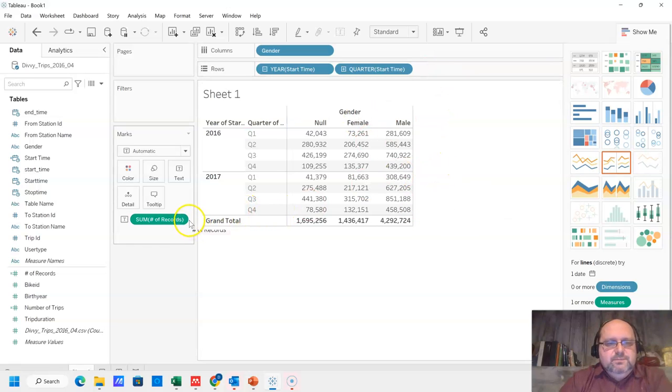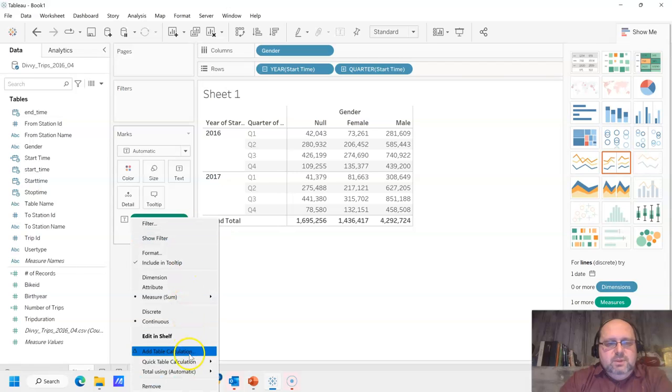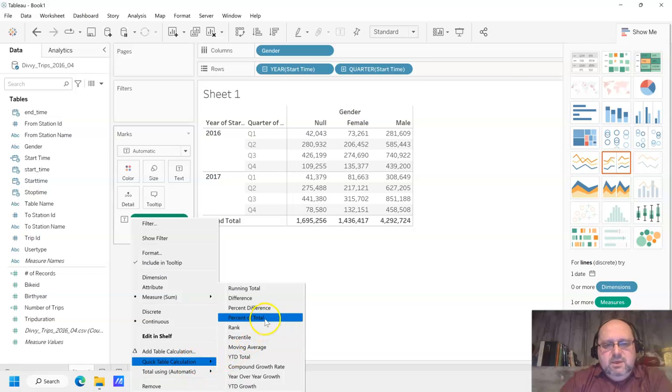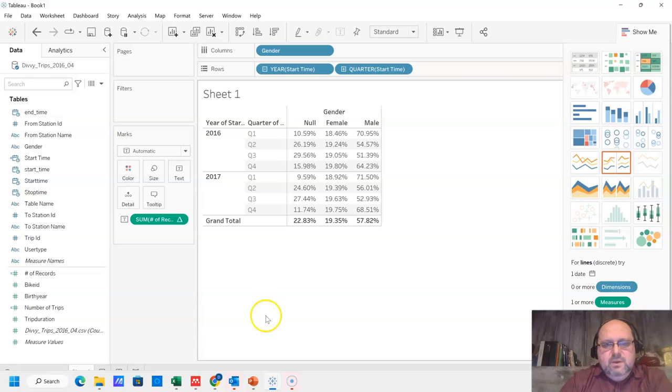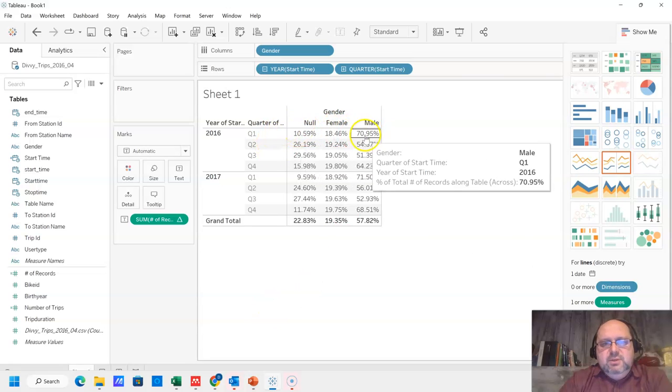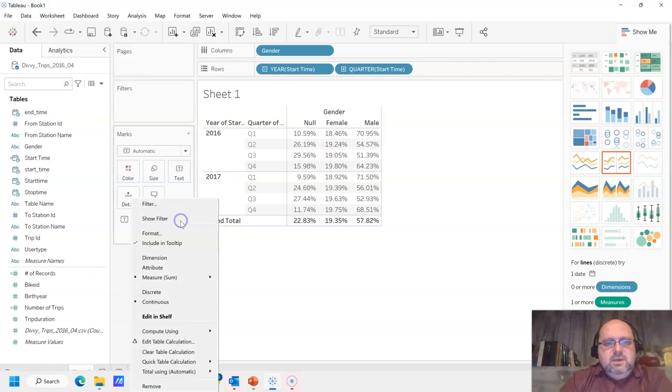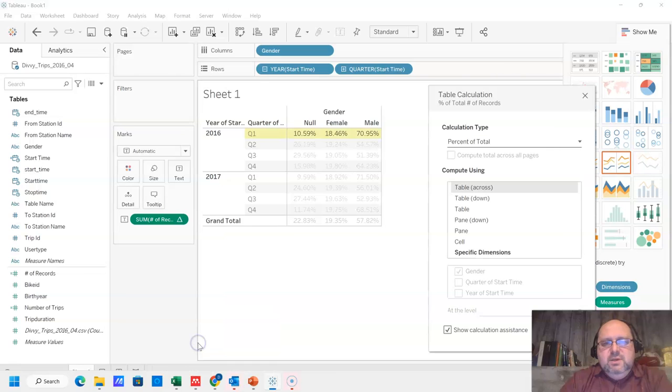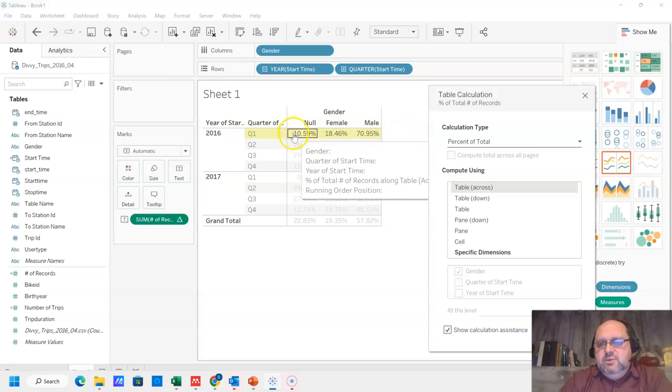So if we change this to be quick table calculation, and we say percent of total, what we are seeing here is that it's actually across, right? So how do we know that? First of all, it's selected, it says table is across. If you look at edit table calculation, it shows you as well compute using. So what it's doing is simply saying, I'm going to take a look at the whole table. I'm just going to look across now and do the percentage distributions between male, female, and null values for gender,